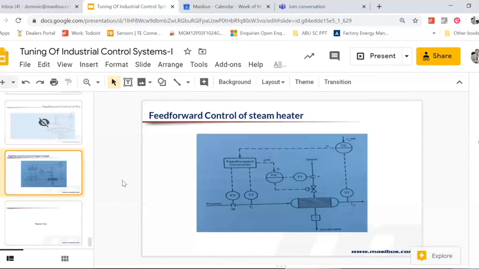Another question from Mr. Hari Prakash. Can you please explain why slave control is faster than master control? No, I didn't say slave control is faster. I said you put the slave control on a parameter which is fast. Like in the steam heater, ultimately it is the flow of steam which controls the temperature. Flow is a very fast parameter. So I am using the flow loop, which is a fast loop, to control the temperature indirectly, right? Am I clear? It is the other way around.